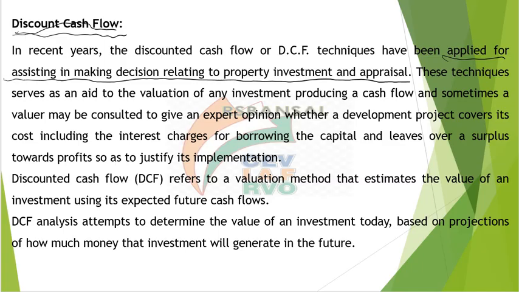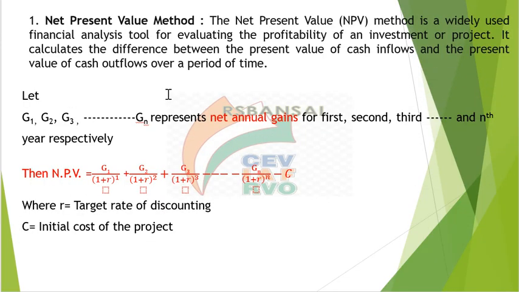So by using these techniques, you can find out whether the project is profitable or not, or viable or not. There are many methods, but here we will be discussing two methods. First method is net present value method. So in this case, what we do, let us suppose you invest 1 crore in a project, and this project